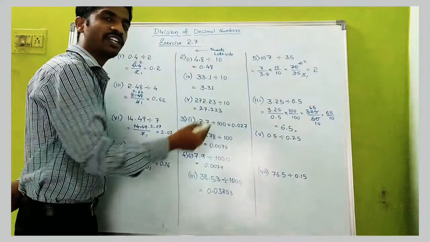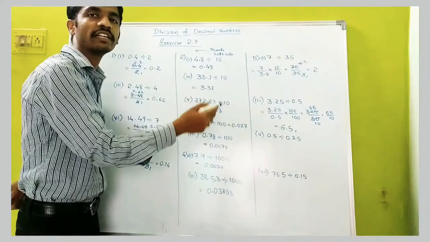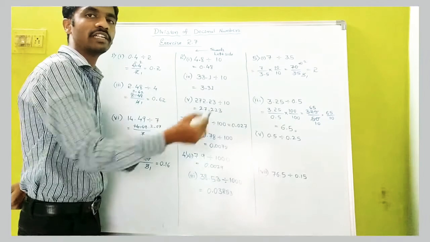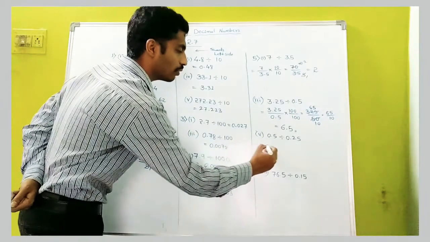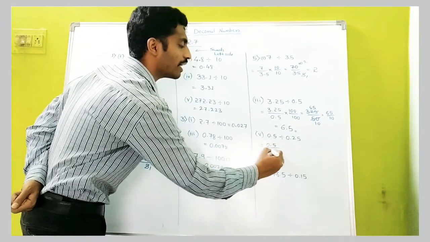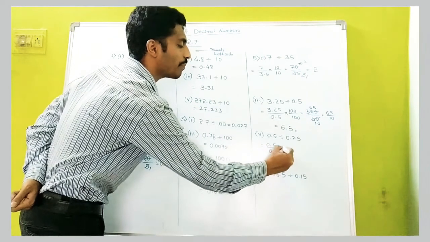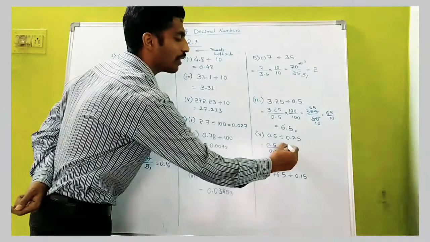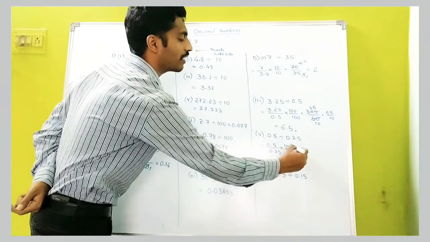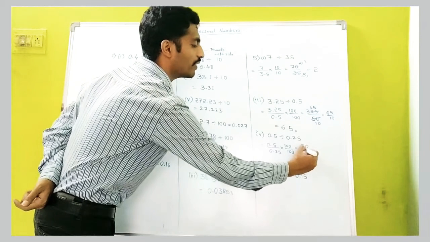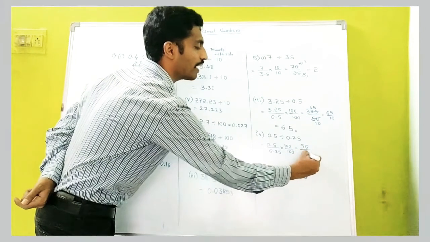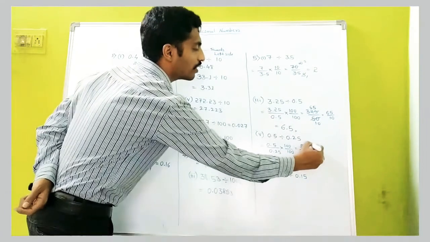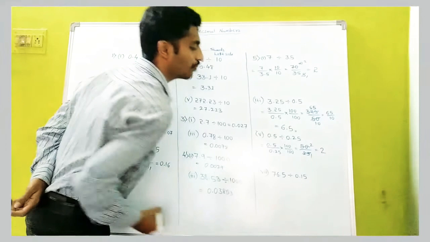Okay. So making it divisible by tens, hundreds, thousands, it will be easy to move towards the left side in division. Again here, 0.5 divided by 0.25. What is the maximum number of decimal places here? 1, 2. So we have to multiply by 100 by 100. So here we will get 50 divided by 25. If you know the 25 table, it will be easy to divide. 25 ones are 25, 25 twos are 50. So our answer is 2.